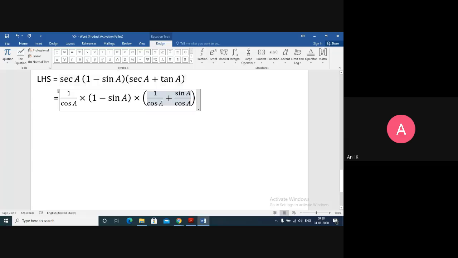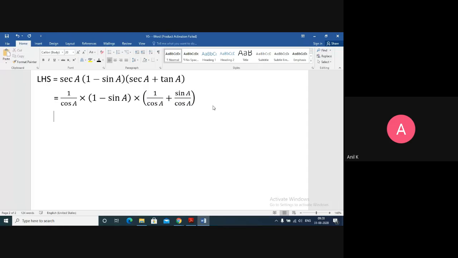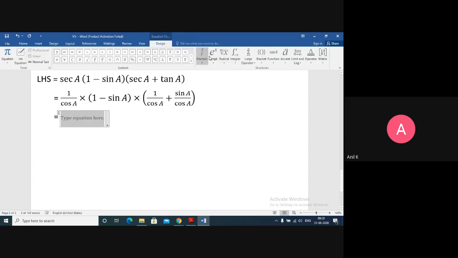Sec can be written as 1 upon cos, tan can be written as sin upon cos, which is equals to, again, let me insert the equation. So what we do here is I'll multiply these two things. Numerator I'll keep 1 minus sin A upon cos A, because cos A is in the denominator. So this numerator 1 will multiply with 1 minus sin A. So it is 1 into 1 minus sin A is 1 minus sin A upon cos A multiply with, now